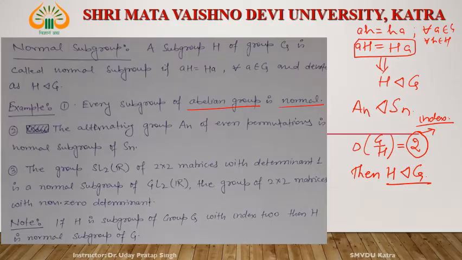Then H is a normal subgroup of G, and so by using this result, what is the order of Sn by An? This is equal to 2. Therefore, by this result, An is a normal subgroup of Sn. Okay. Similarly,